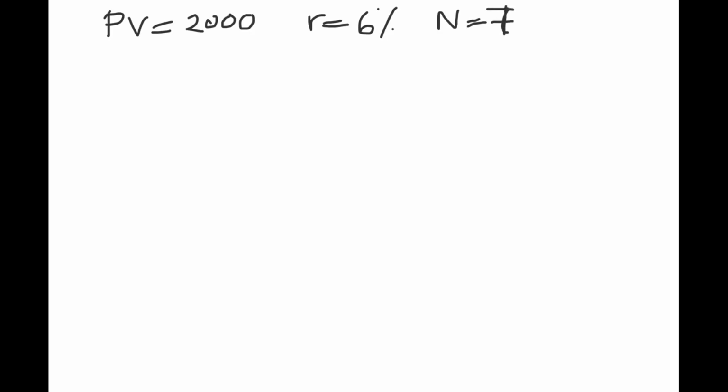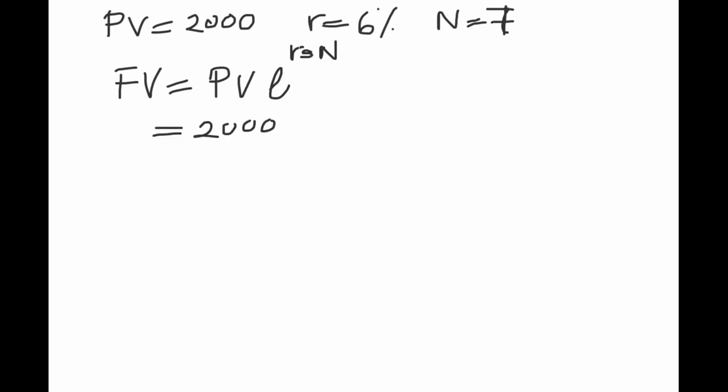The formula that you should use is future value equals present value times e to the power of r times n. So 2000 times e to the power of 0.06 multiplied by 7. By solving that, you will get the answer